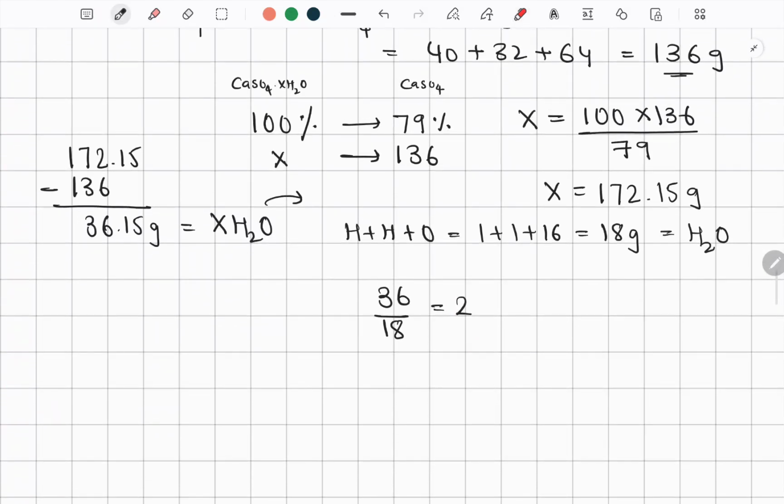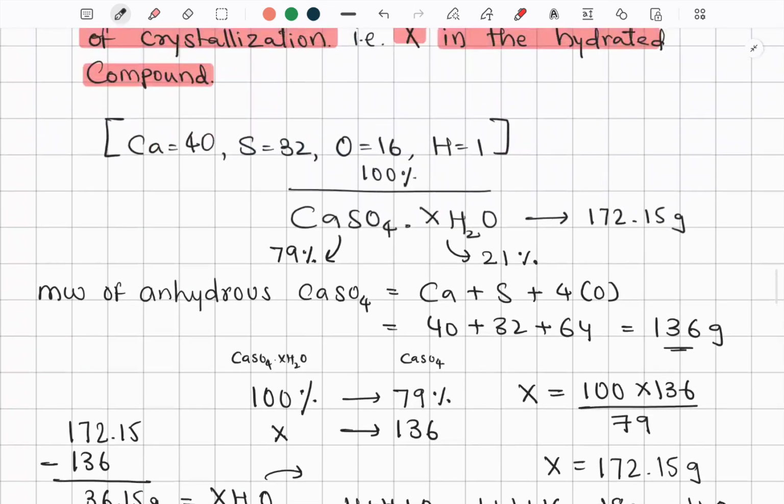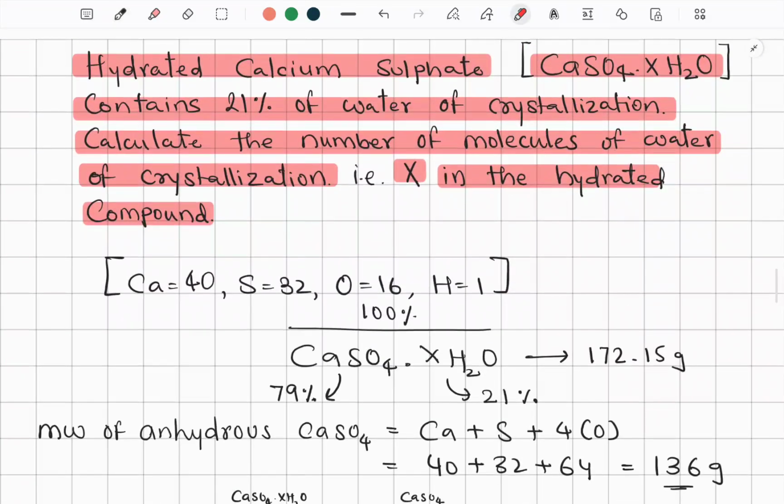Okay, so there were two water molecules. So 18 into 2 is equal to 36. This 0.5 is the rough amount. So the actual formula was CaSO4 dot 2H2O, that means calcium sulphate dihydrate. Okay, let's read this question once again and analyze how we did